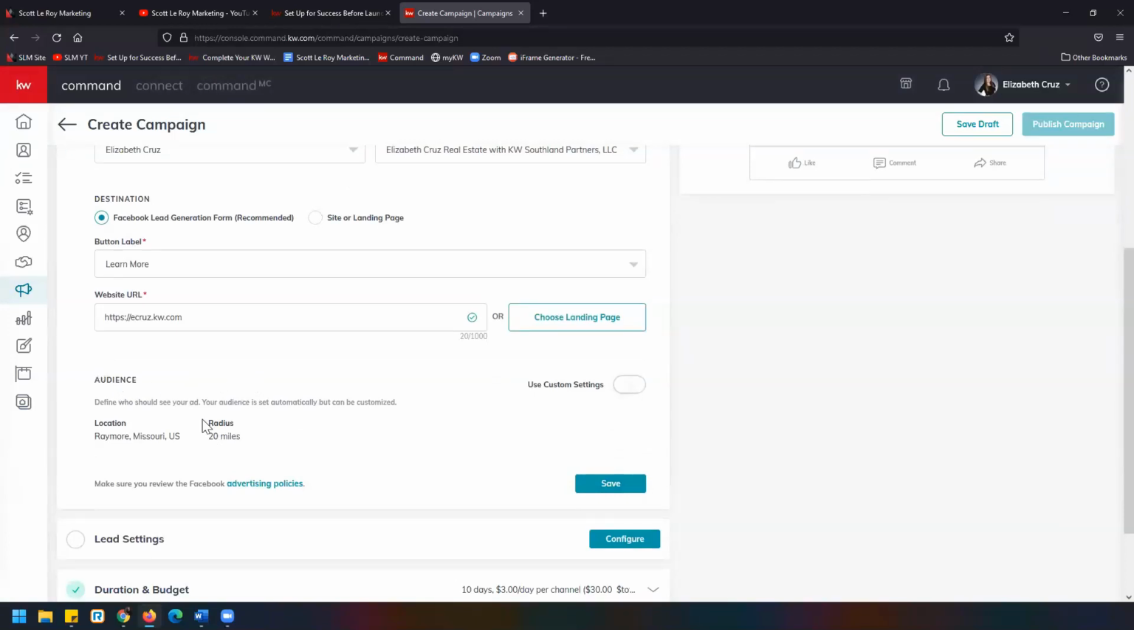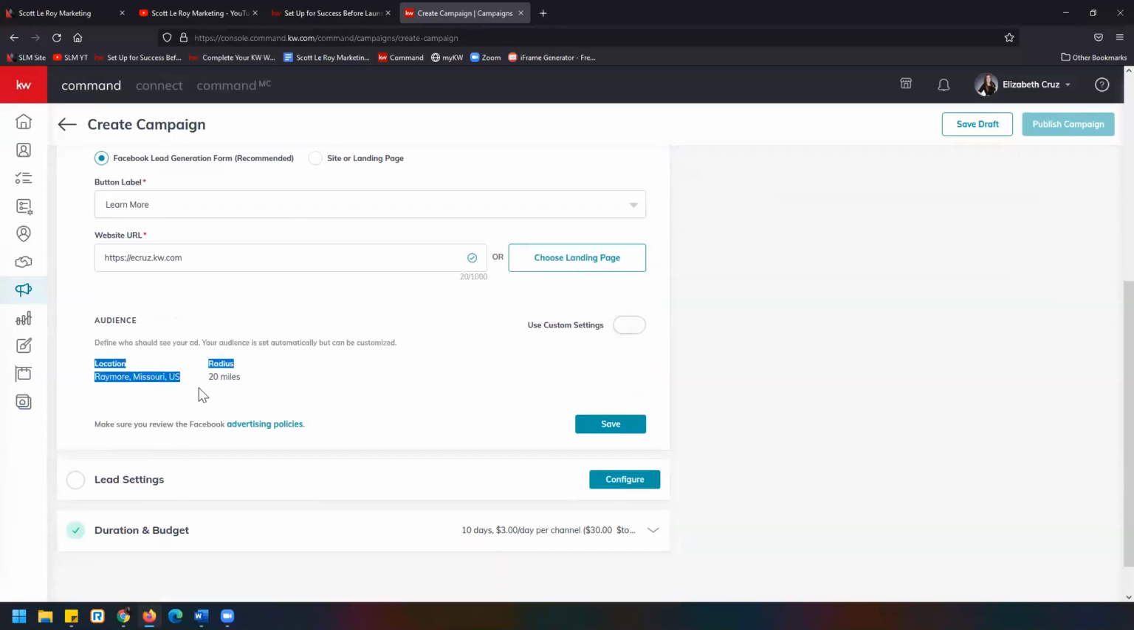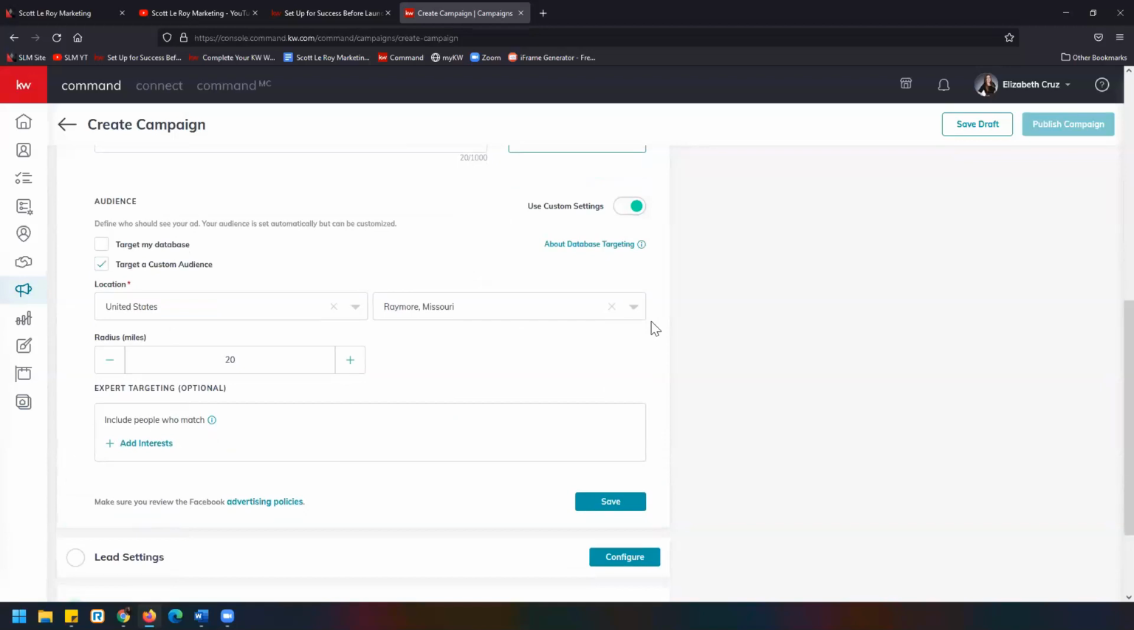Next is your audience. So this is who you're going to choose, who sees your ad in their newsfeed. Now, by default, you'll see your location and the radius of 20 miles. But if you toggle this use custom settings on, you can edit that a little further. This will default you to target a custom audience,